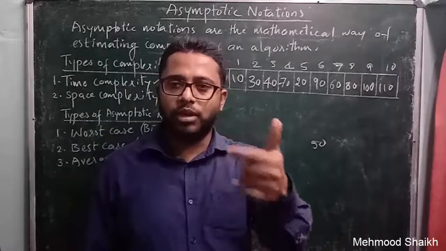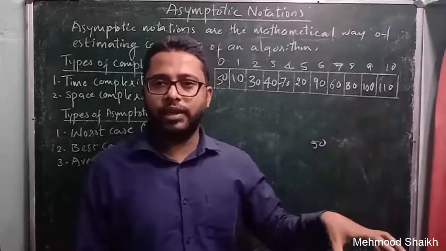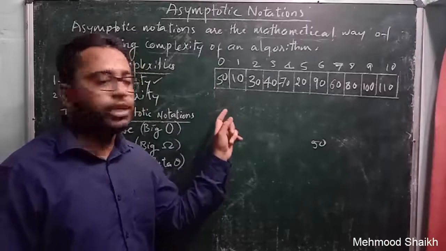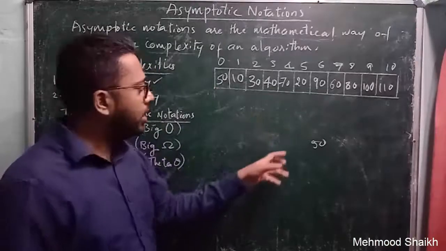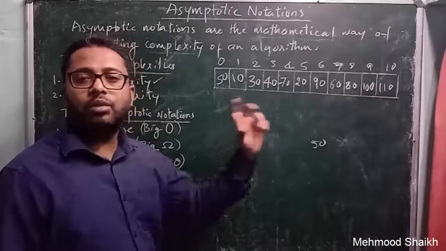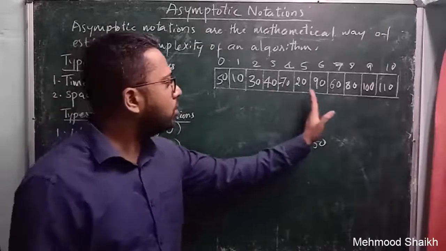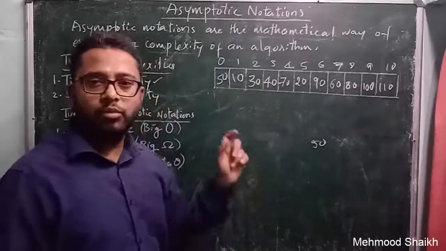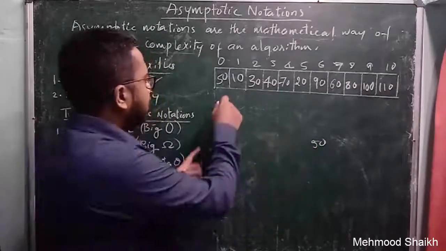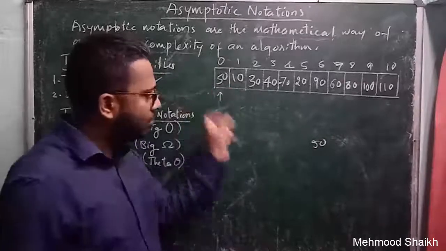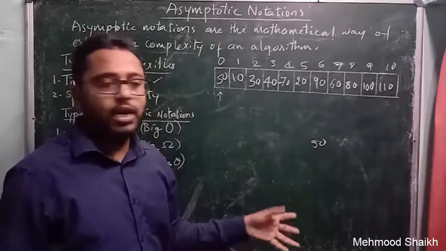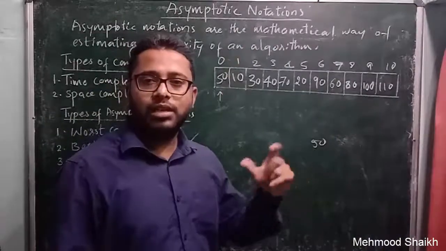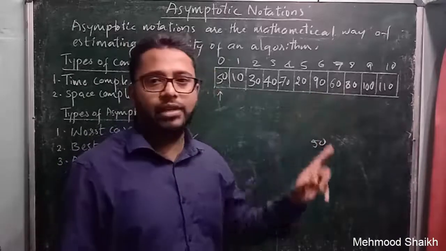Suppose the element which I'm looking for in this array is 50, and since this 50 is present at the very first location of this array, our algorithm doesn't have to iterate through each and every index or location of this array. Okay, so the moment it starts execution, it first reaches the first place, and at that moment itself it will find this element 50. So now this satisfies the best case, where the algorithm doesn't have to search for this element in each and every index of this array.